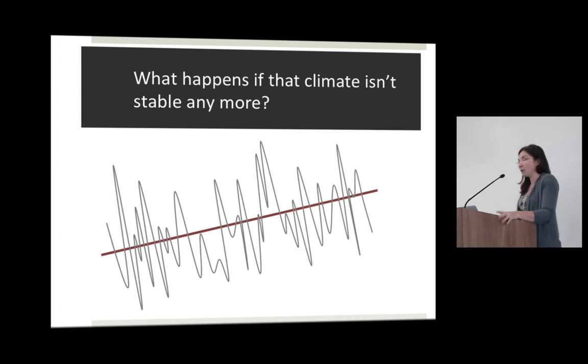It isn't just the fact that the mean is changing. What's also happening, and we notice this especially here in Texas, is that we have this pattern of variability. If you live in some places, the pattern of variability looks like this. If you live in Texas, the pattern of variability looks like this. And what's happening is, as climate changes, this pattern of variability, which is already very large, is being stretched.